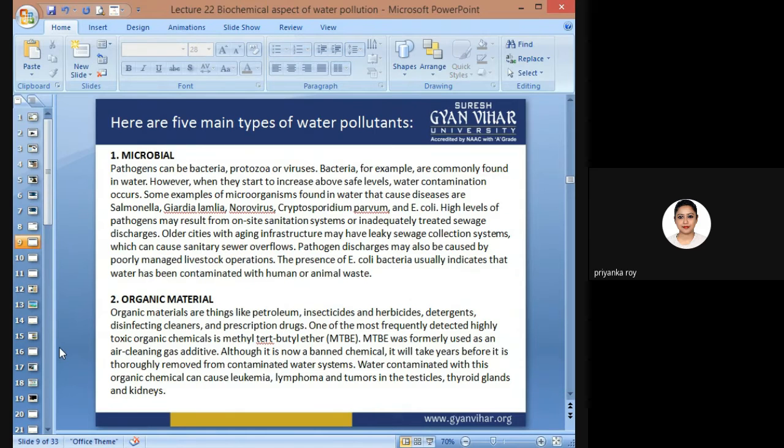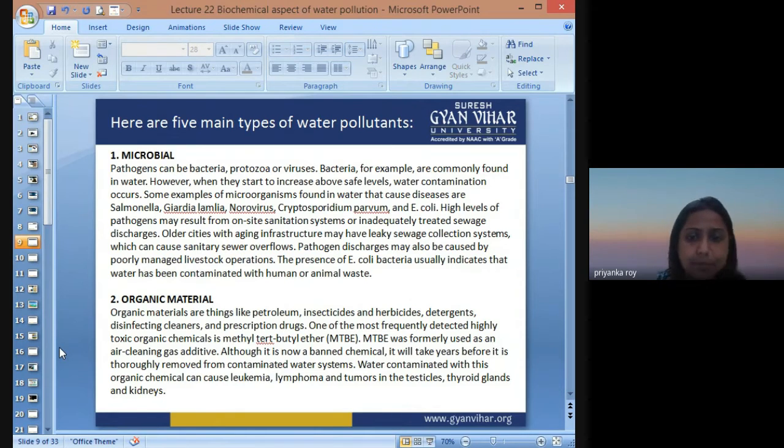They come from the feces of the animals, if it is excreted in the open or near the water body. Then we have organic materials. Organic materials are things like petroleum, insecticides and herbicides, detergents, disinfectants, cleaners and prescription drugs getting mixed up